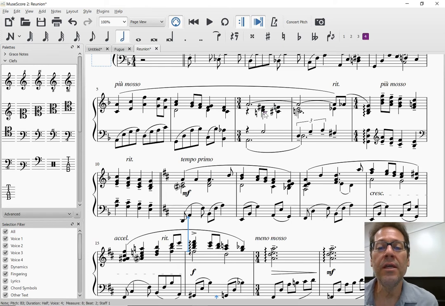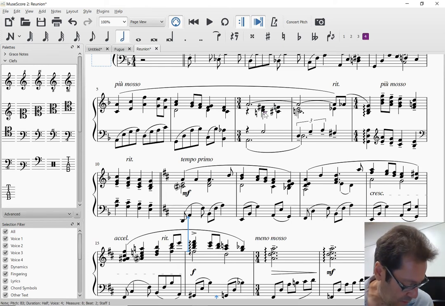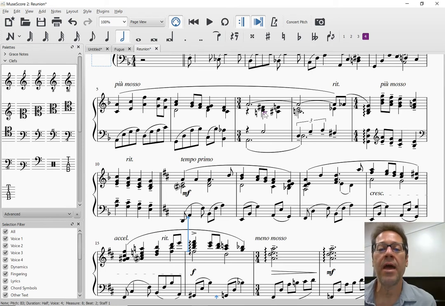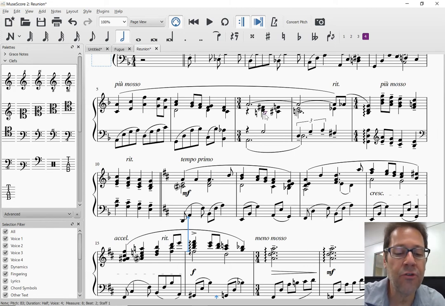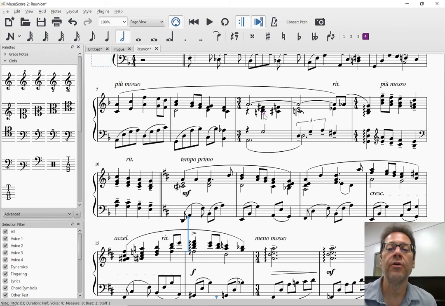But this note here, because it's the lowest note, I figure also needed to have stems down, but it's a different rhythm than this, so I entered this into voice 4. Voice 4, like voice 2, is stems down by default. Now, when you do that, if I press Control R, that resets the position,